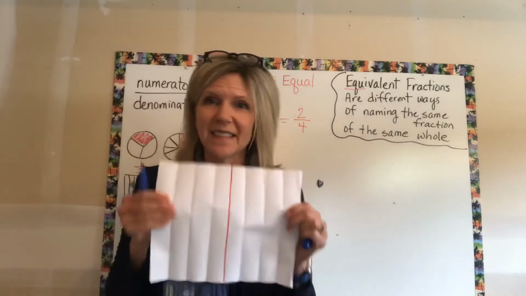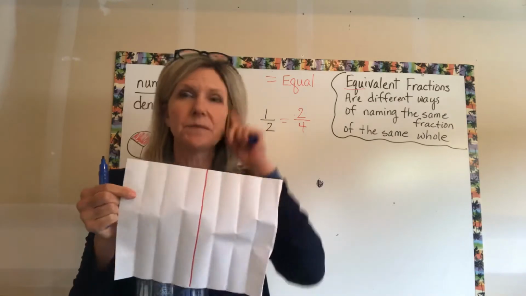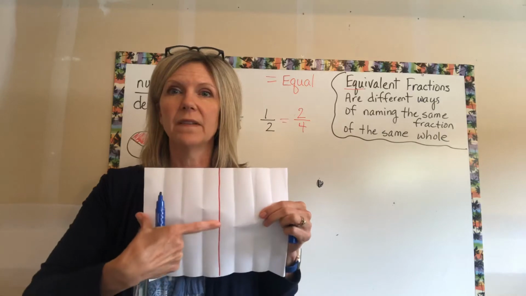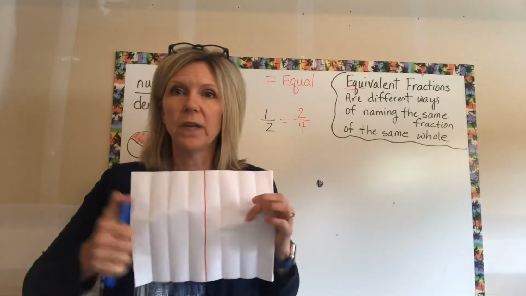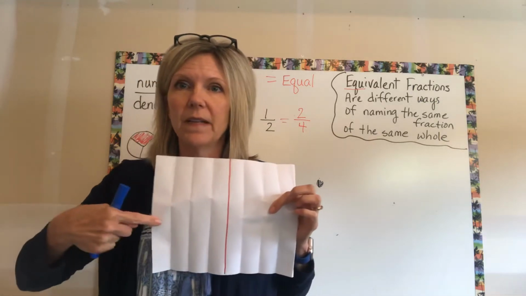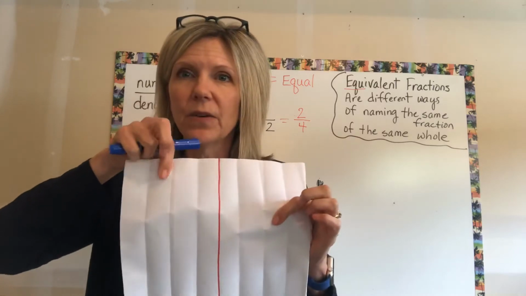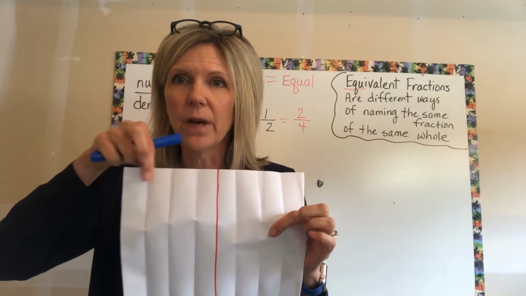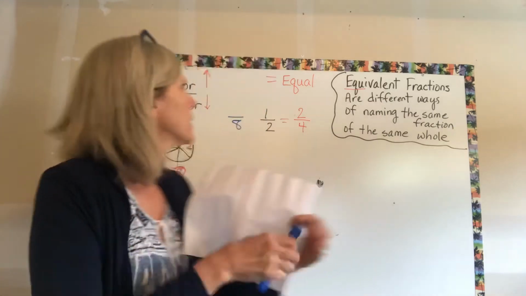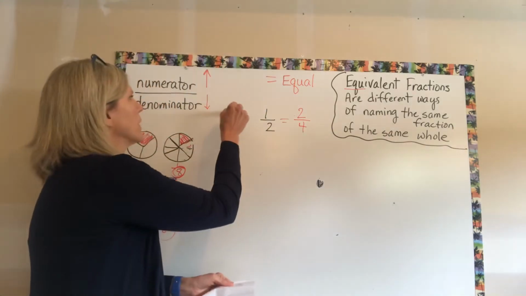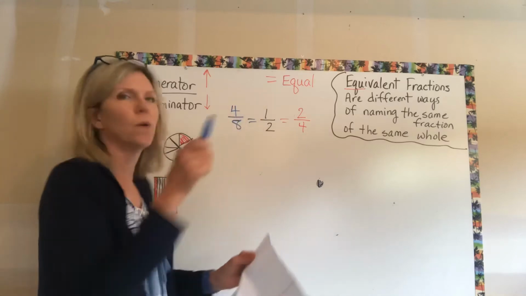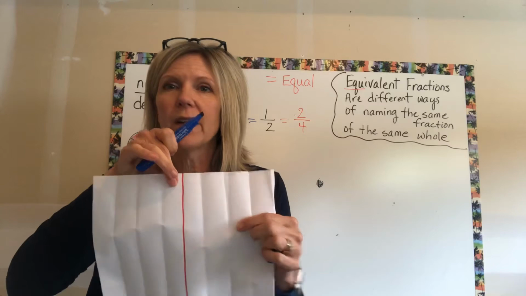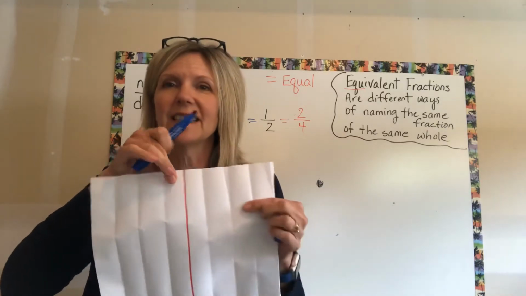Okay, so we just divided this into 8 pieces. How many pieces of the 8 pieces would equal 1/2? How many would equal 1/2? Here's the 1/2. Let's count them. 1, 2, 3, 4. Grady, if you said 4, you got it right. 4 eighths equals 1/2. Do you see that? 1, 2, 3, 4 of the 8 pieces is the same as